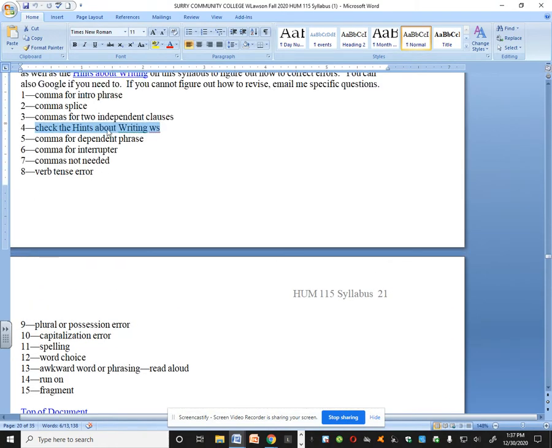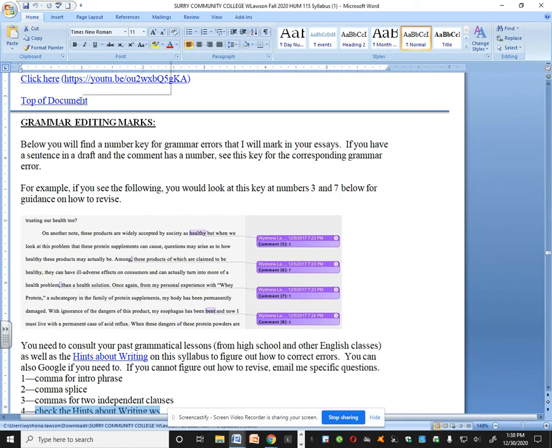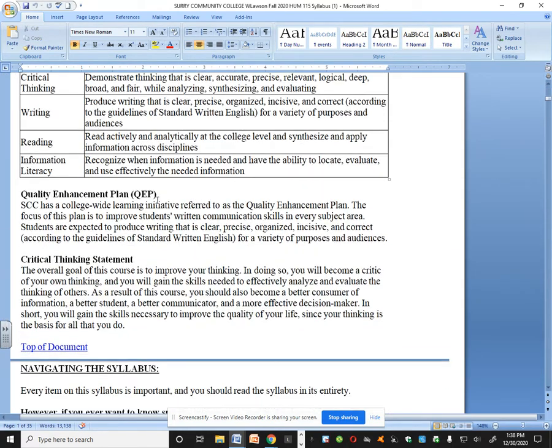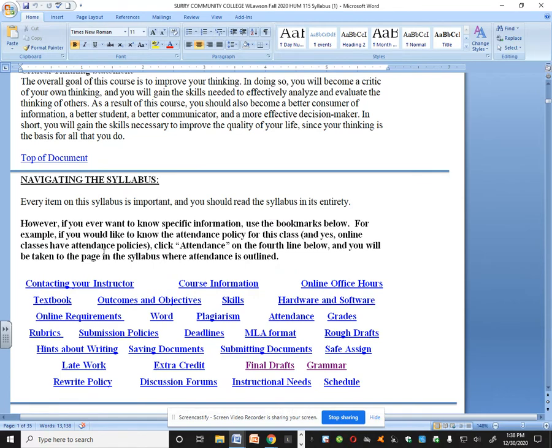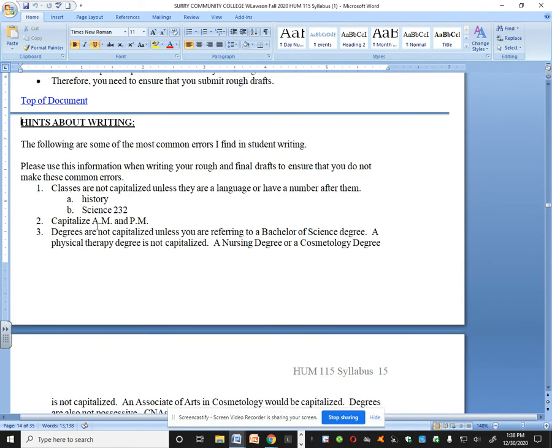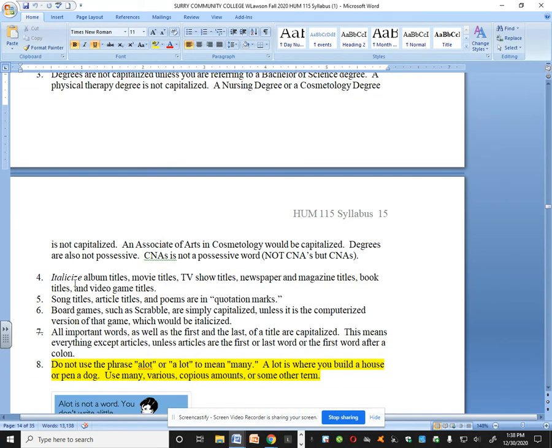Now let's go to the Hints About Writing worksheet. I'm going to go back to the top of my document and then find the Hints About Writing section of my syllabus. There it is. All right. So the Hints About Writing section of your syllabus goes over many, many things. It goes over some capitalization things about classes and AM and PM and degrees. It goes over some